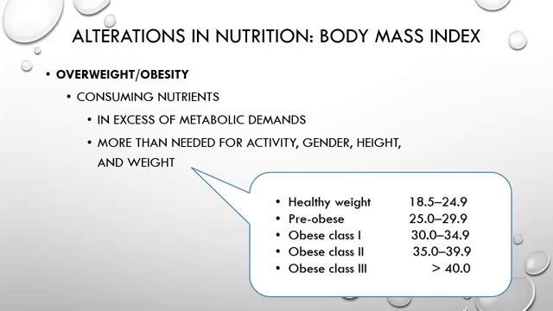And then you'll see down here, this is a BMI chart in my little bubble here. A healthy weight is a BMI between 18.5 and 24.9. The BMI is really not the best measure, but it's what we have right now, and we use it in nursing. A BMI less than 18.5 is going to be an undernourished person. Anything above 24.9 is considered pre-obese all the way up to obese class 3, as you can see per this chart.